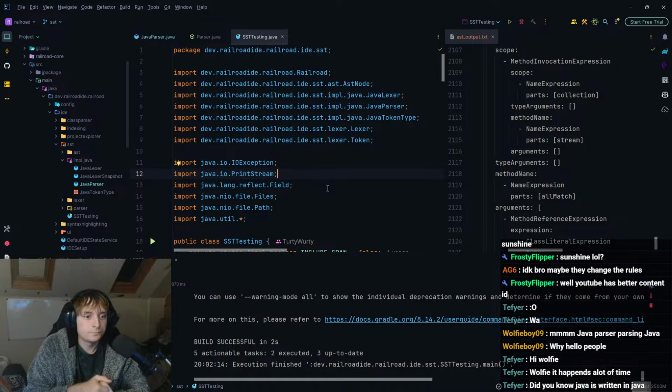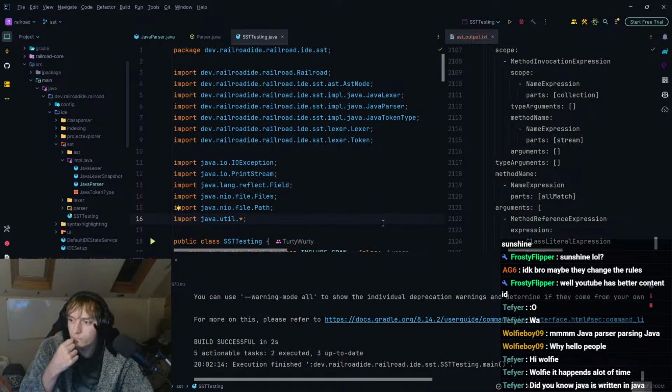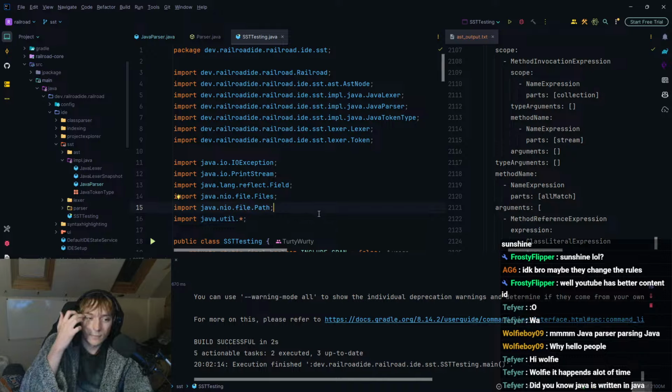Okay. Now this is where I need you guys. I need you guys to send me some code. And I need to see if it passes the parser or not. So if anyone has a class they want to submit, then I guess paste it in.